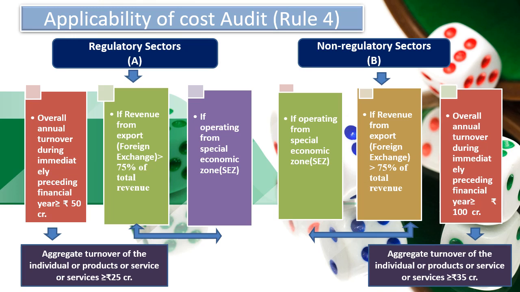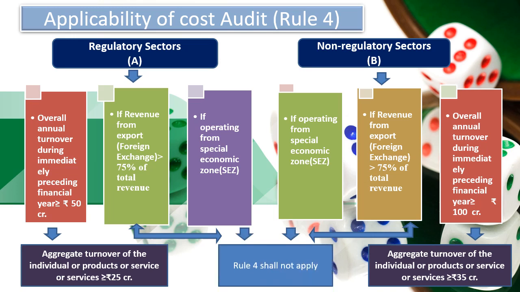Now what if the revenue from export of foreign exchange is more than 75% of total revenue under regulatory sectors, as well as if revenue from export of foreign exchange is more than 75% of total revenue from non-regulatory sectors. Also, if operating from special economic zones, that is SEZ, for regulatory sectors, and also if operating from special economic zones for non-regulatory sectors, rule 4 shall not apply. That means it is not compulsory for such kinds of sectors or companies to conduct